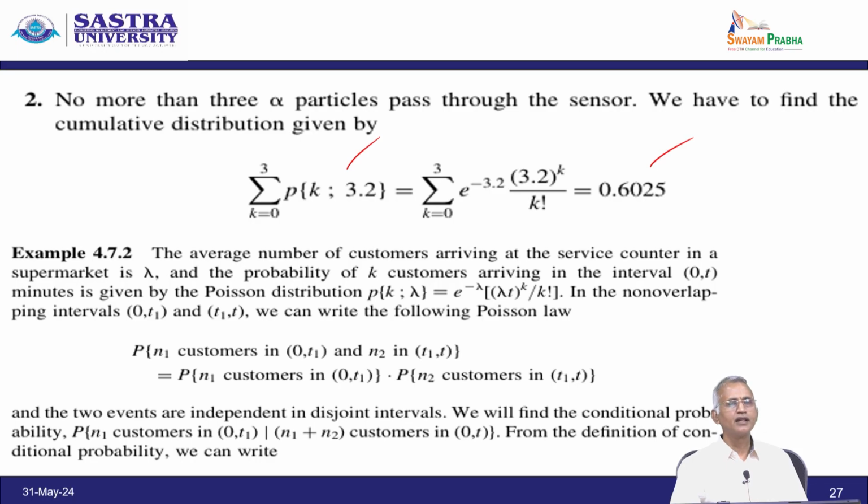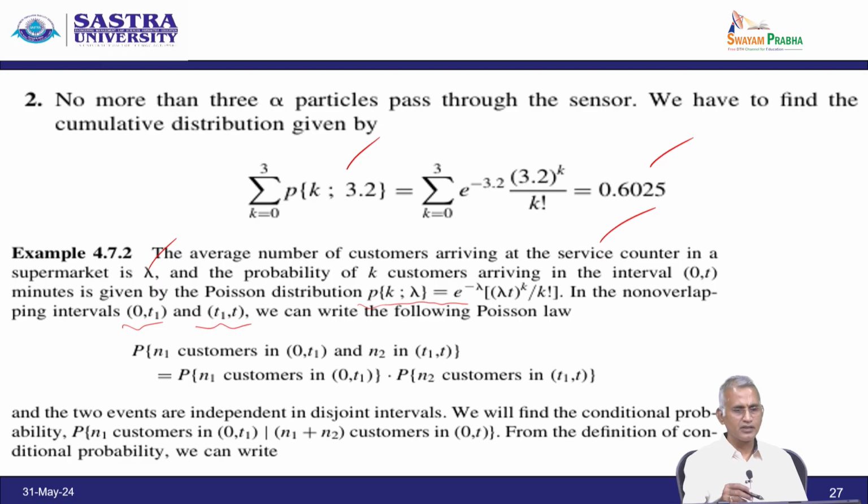Next, based on the example, the average number of customers arriving at the service counter in a supermarket is lambda. The probability of k customers arriving in the interval (0, t) minutes is given by the Poisson distribution P(k, lambda) equal to e power minus lambda t into (lambda t) whole power k by k factorial. So, in the non-overlapping intervals (0, t1) and (t1, t), we can write the following Poisson law: